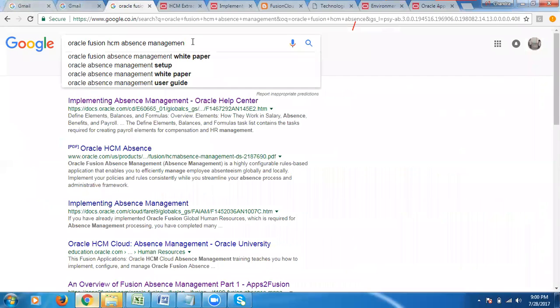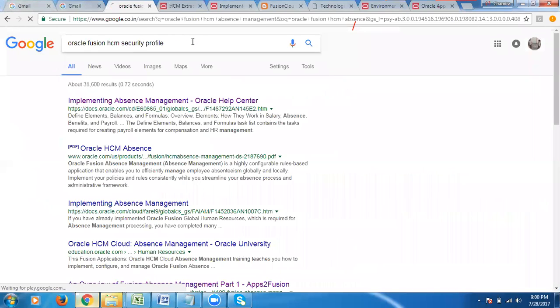Oracle Fusion HCM security profiles. There are 8 security profiles, right? So we talked about two only, and two we have used: organization security. FSM, functional setup manager, Sharif.